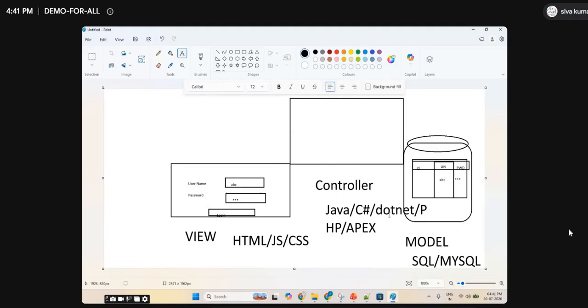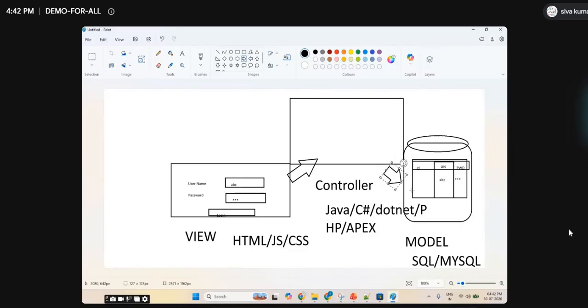The controller you can develop in any programming language. So what it will do, it will take the request. The request will be taken from the browser to the controller. From the controller, it will send the request.